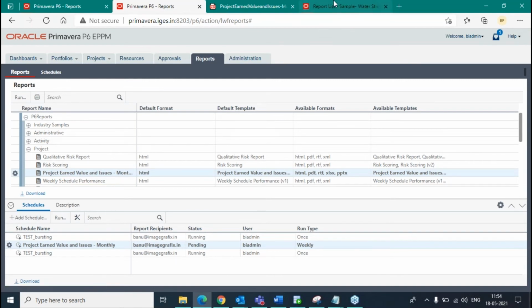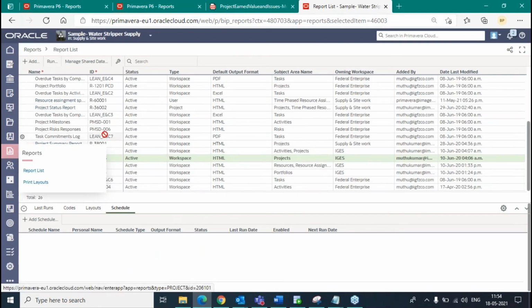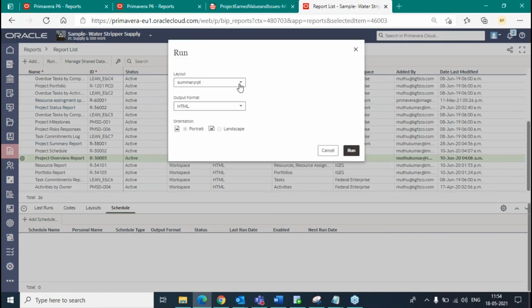Next, we'll see how to access the report in the OPC application. From OPC, we need to navigate to the Reports tab. From here, select the report that you want to run, click Run, and then select the parameter layout which we want to run. We can have multiple layouts for a single report. So we are selecting a report layout as summary report, and we are selecting the format as PDF, and then click Run.